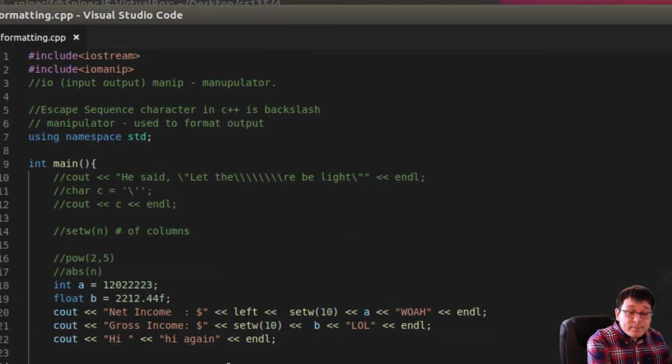But yeah, okay. You can see that nothing really is happening here. But if I went ahead and I set my width,